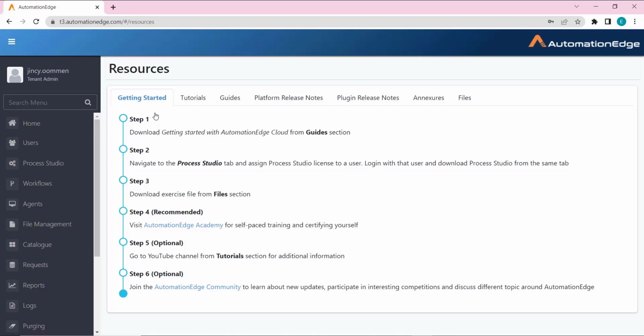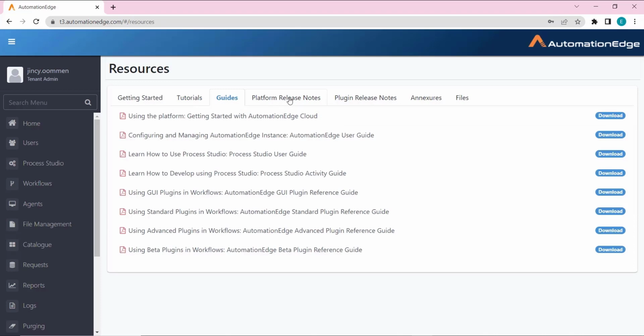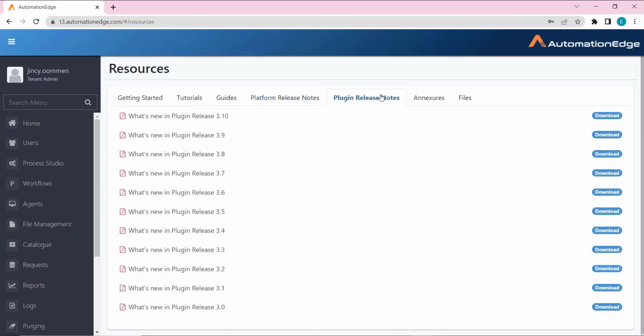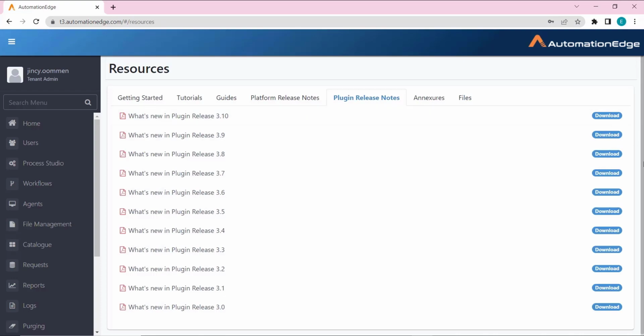In this release, we have also enhanced the resources page, enabling the users to access the available information with ease. So as you can see, at the resources tab, we have multiple segregations here for getting started with AutomationEdge, for tutorial videos, for guides, the platform release notes, plugin release notes, and extras and files. So if you're specifically looking for any of these details, you can go to that respective tab and download the